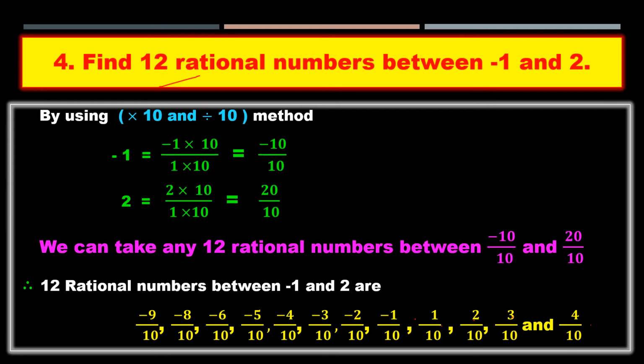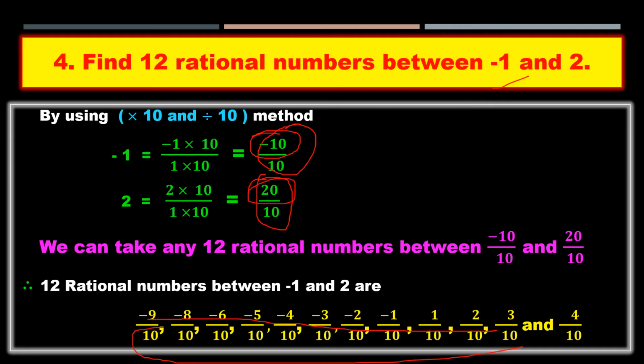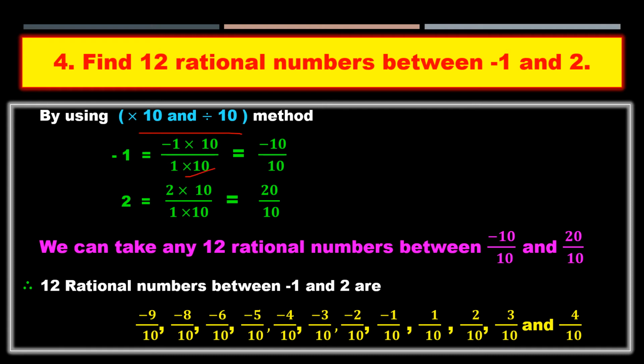So simple. Do the into 10 by 10 method. For whatever answers you got, if there are so many numbers in between, just write the numerators differently and the same denominator will be there. So what is this into 10 by 10 method? It is just making the denominators the same. First you should make the denominators the same, then you can write different numerators in between them. Okay, so let us go to the next problem.